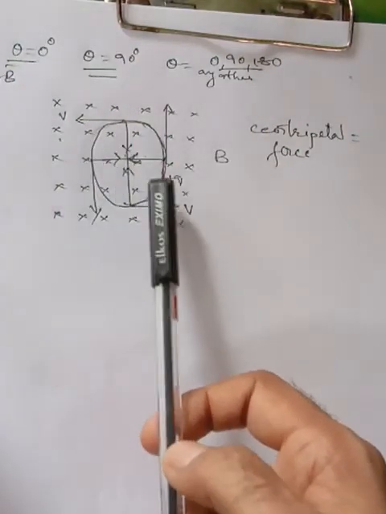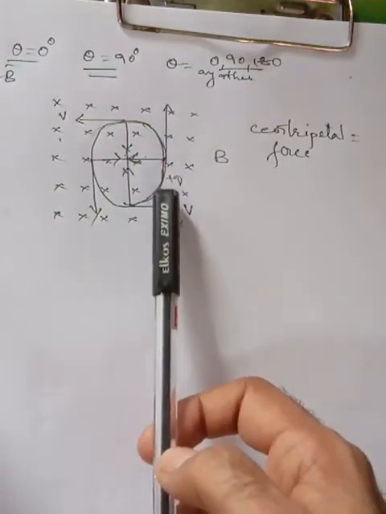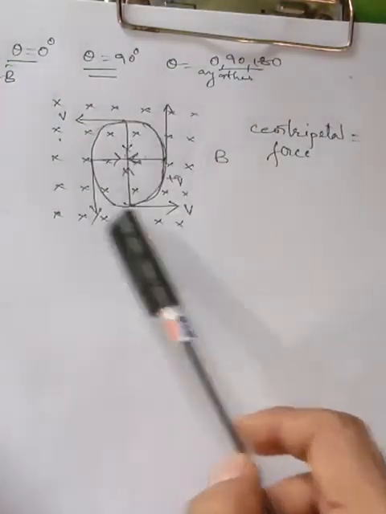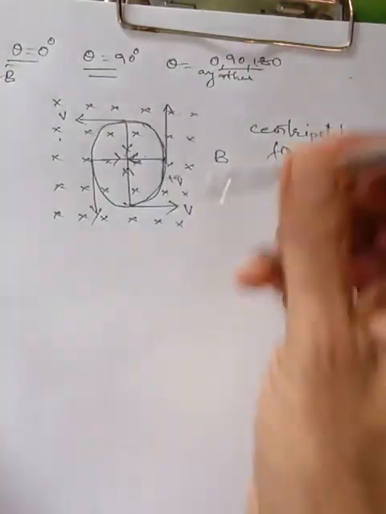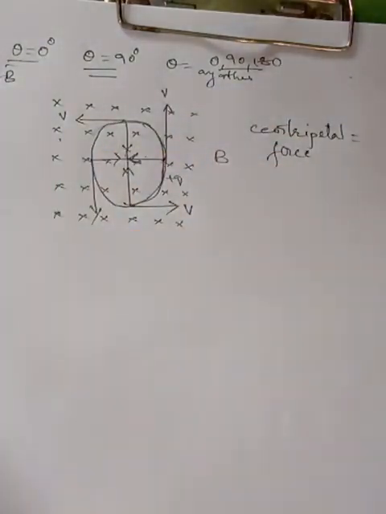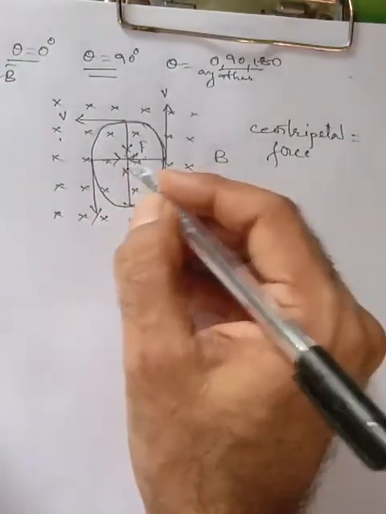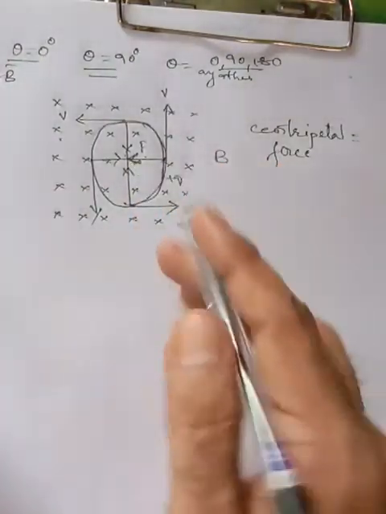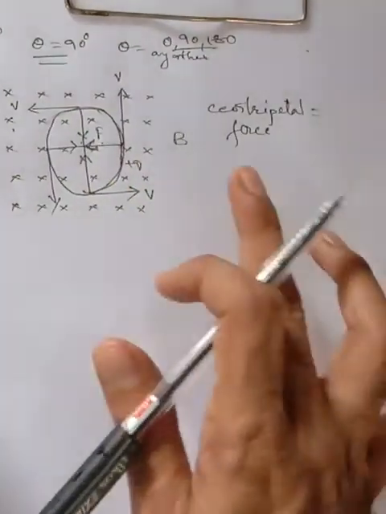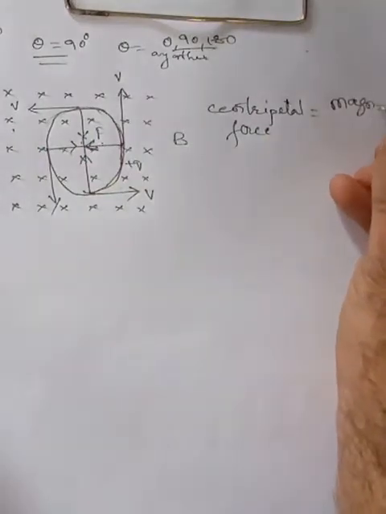If a positively charged particle is kept here, this positively charged particle will start moving in a circular orbit. When it is moving in a circular orbit, the velocity v will be tangential to the circle. So this is the diagram, and force F will be towards the center of the circle. Since it is towards the center of the circle, there will be a centripetal force. This centripetal force will be equal to the magnetic force.